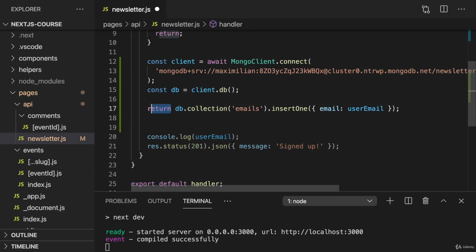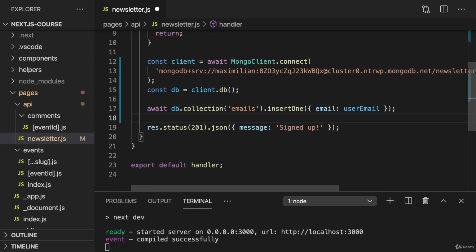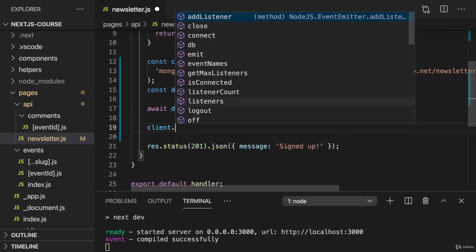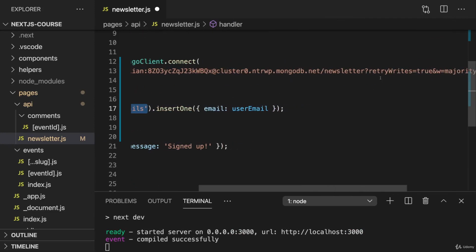And then instead of returning here, I will await this insert operation like that. So now we're using async await for connecting, for getting access to the database, and for inserting one document. And then once we're done with all of that, I will send back that status code. We should just do one other thing. We should also use the client again and call close to disconnect from that client. Now with all of that, we should be inserting a new email address into that emails collection in our newsletter